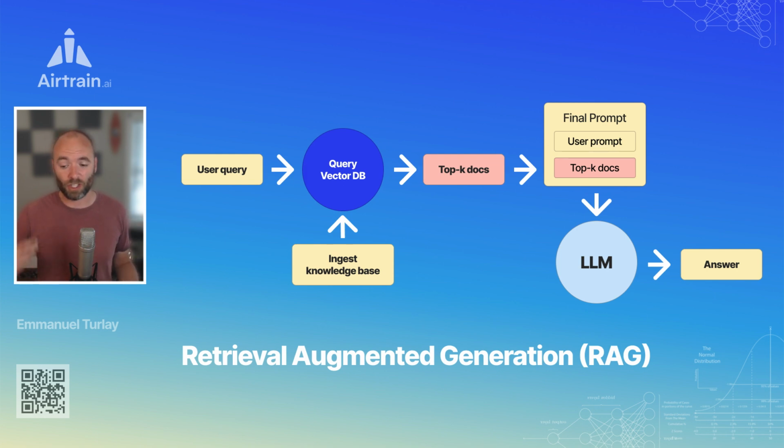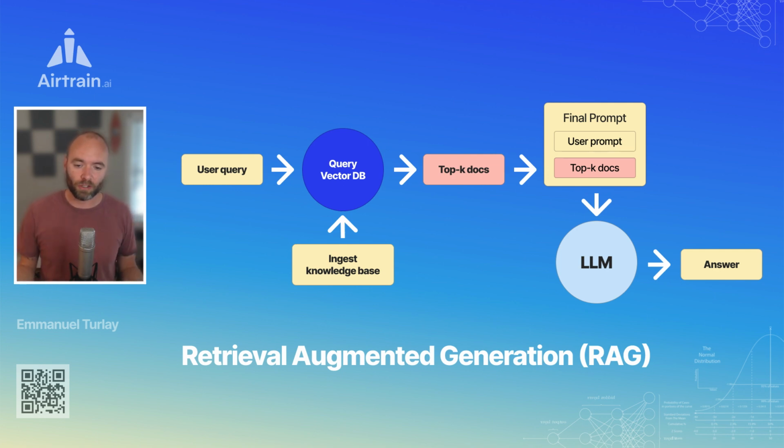You need to have a query engine, a vector database, and so on. So the idea behind retrieval augmented generation is that you can get your model to respond to the question with data that the model has not seen before. For example, if you're trying to develop a chatbot that will answer a question based on some private knowledge base that maybe your company has, maybe your private wiki, for example, or anything that is not really available to the model, or that the model has not been trained on,